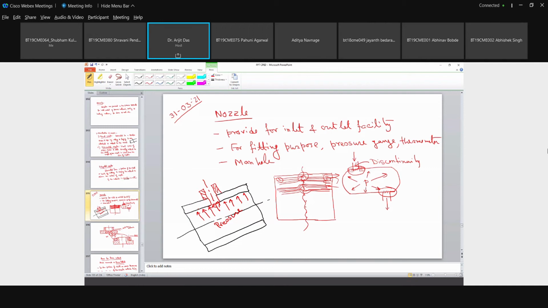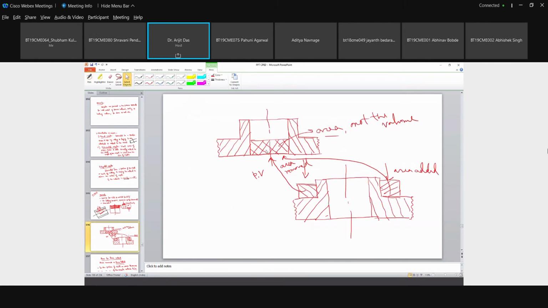So what happens actually, we have to compensate the area of the material that is removed, okay, with the nozzles to give it the extra strength. That means I go to the next slide. You see here it is a nozzle, the topmost. Okay, now this area has been removed. Okay, this area has been removed.